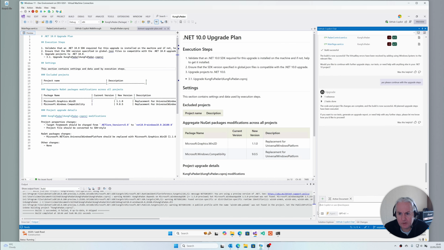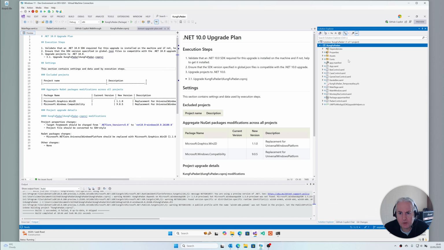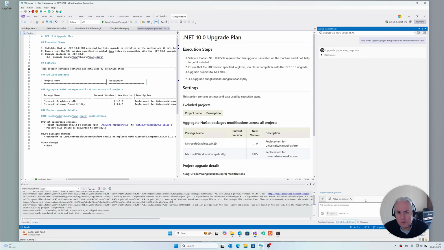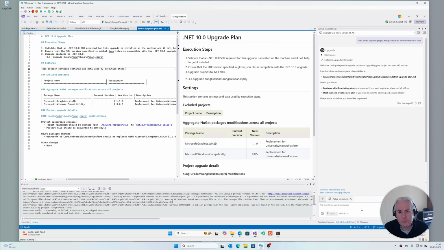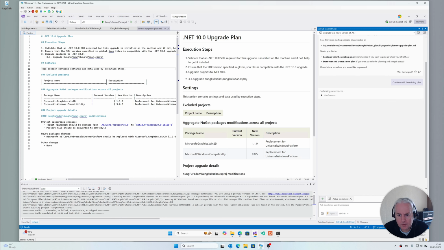It says it's complete. Let's see whether we can trigger it again so we can continue. That's a bit odd. It must be a bug in